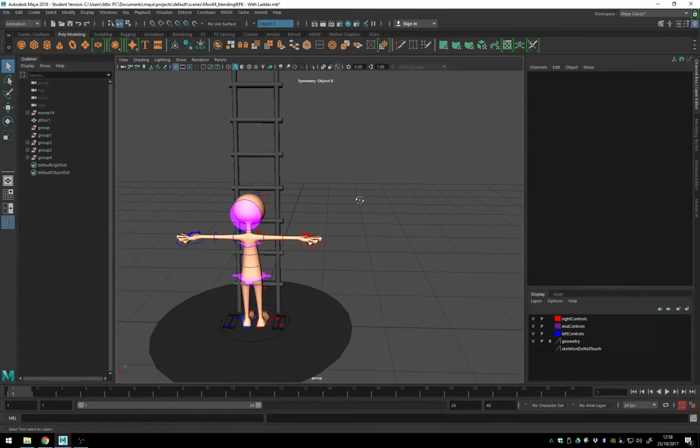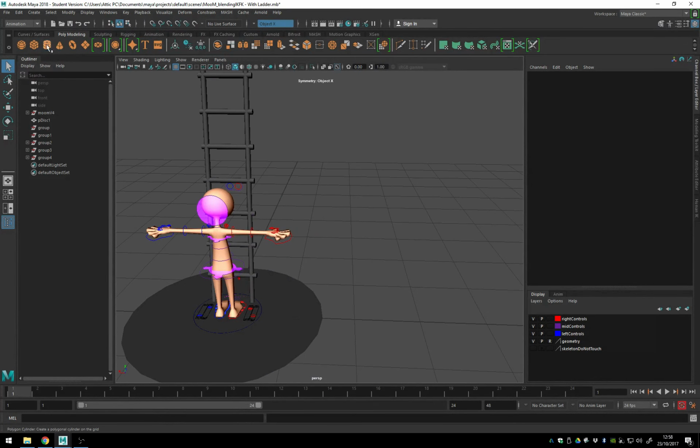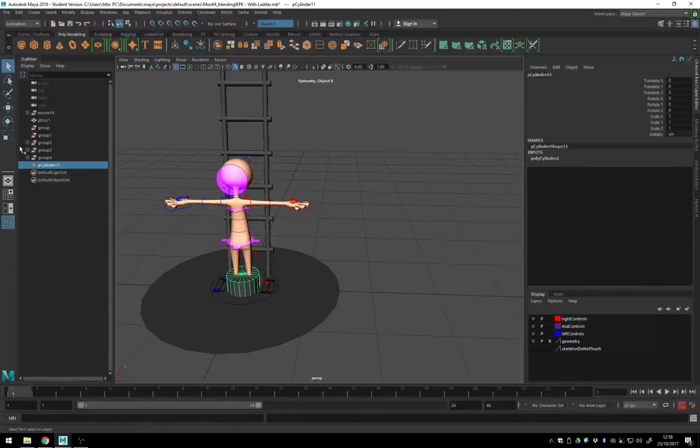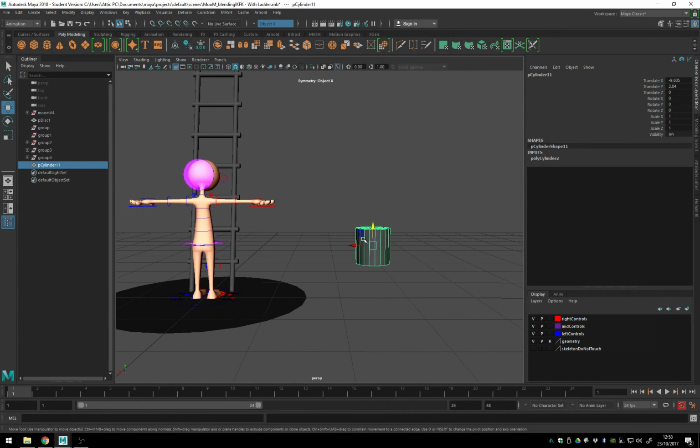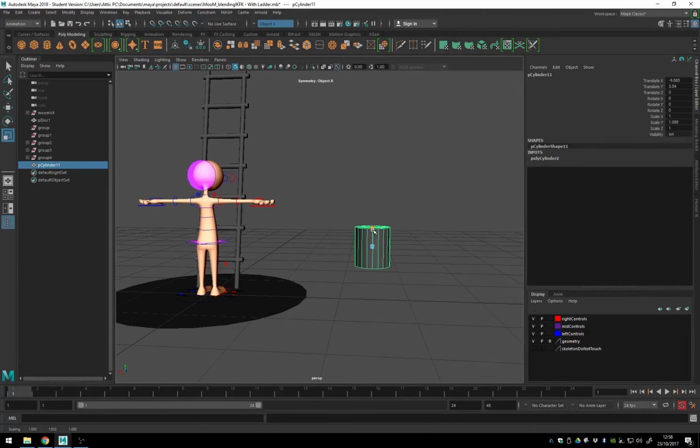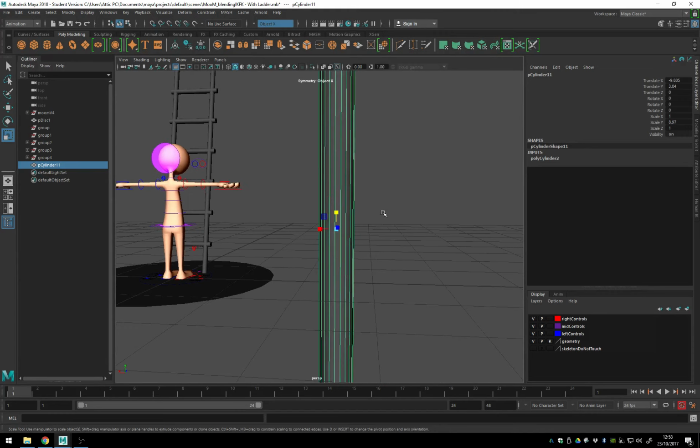Just to quickly show you how I did this in Maya itself, it was very simple. I just used some primitive options up here in the poly modeling shelf. So I used the cylinder option just up here, third one along. That creates a cylinder, and then using the move tool, you can just position that into place. I used the scale tool. I did a non-uniform scale to stretch the cylinder up,